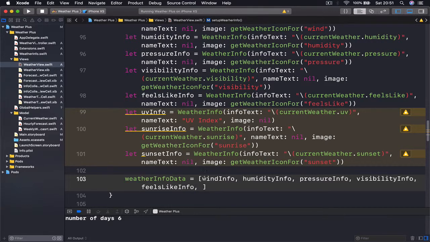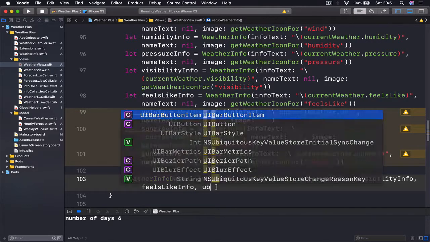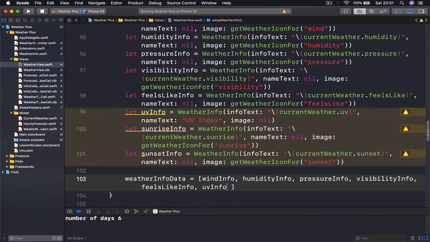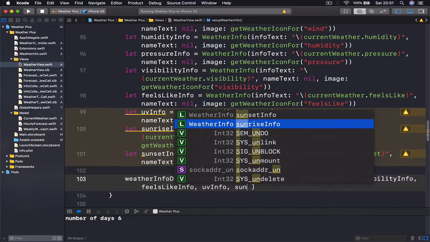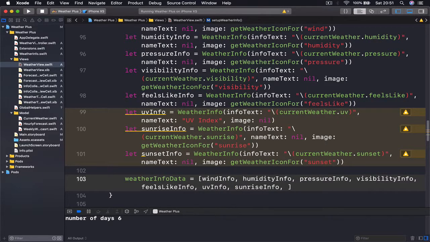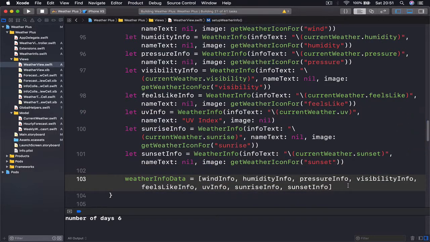Then we have UV info, comma, sunrise, and finally sunset. So that's it. We are feeding our array with the new information here, and if I rerun,